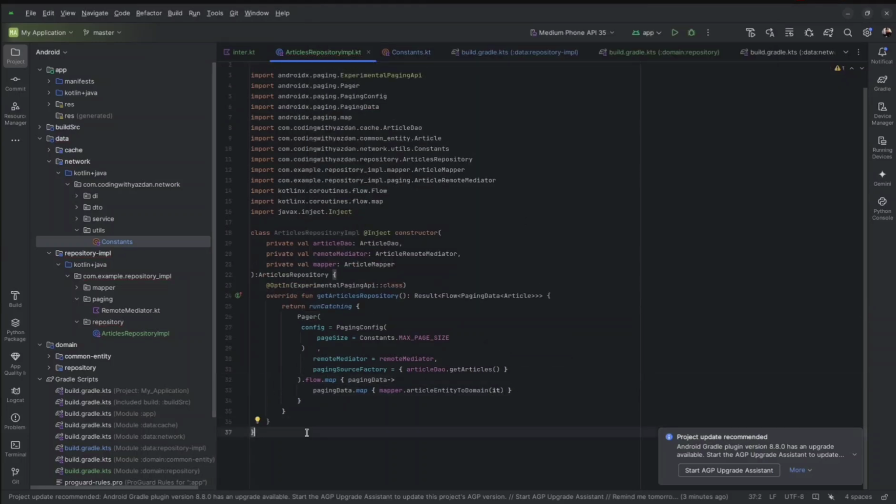This is what I did in this function. The main function in our repository will be get articles, and this function will return paging data using the paging library. Here is what it includes: a paging config with a max page size,